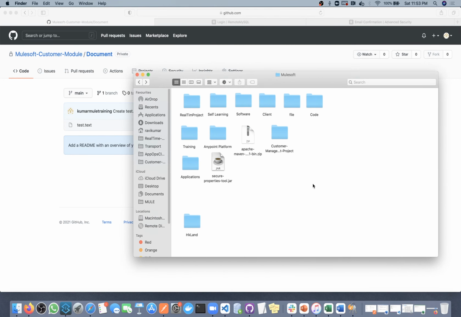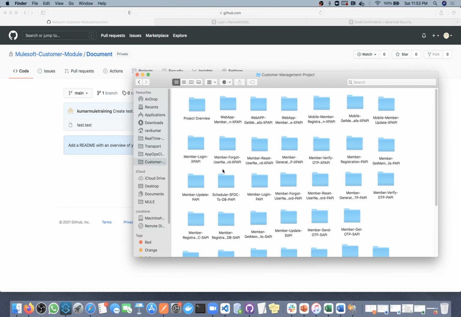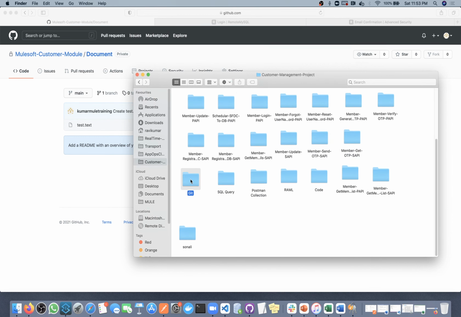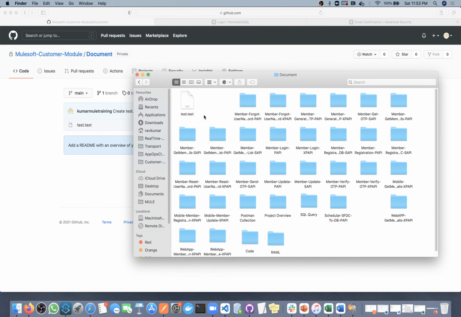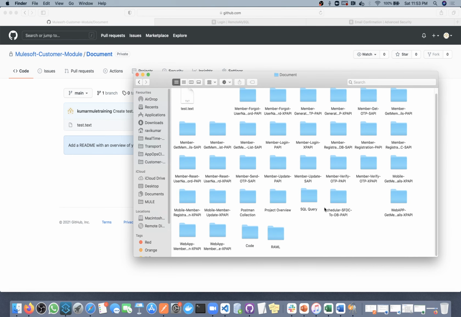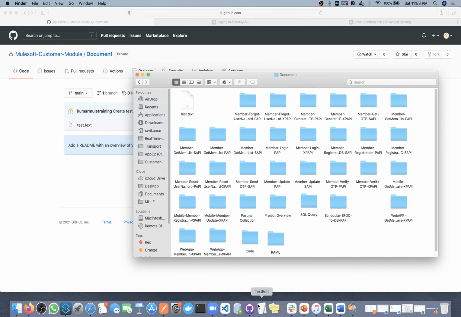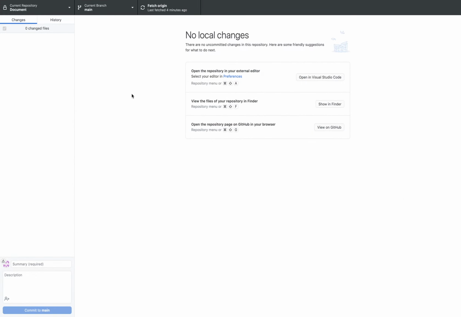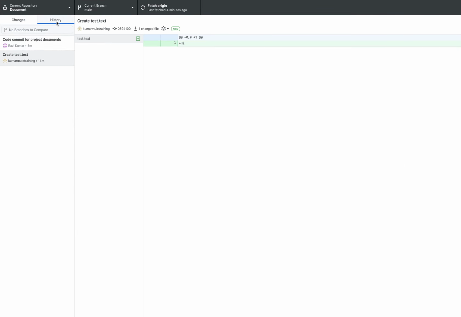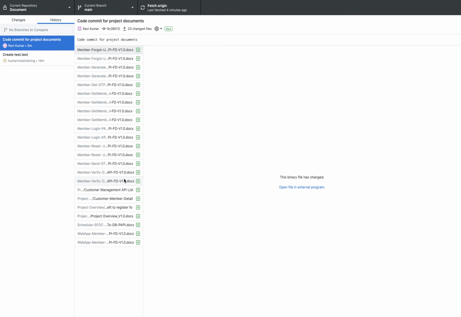Okay, let me verify. No, it's there only, but why is it not committed? Okay, anyhow I will resolve that part. It's not committed, I will resolve it and commit again.